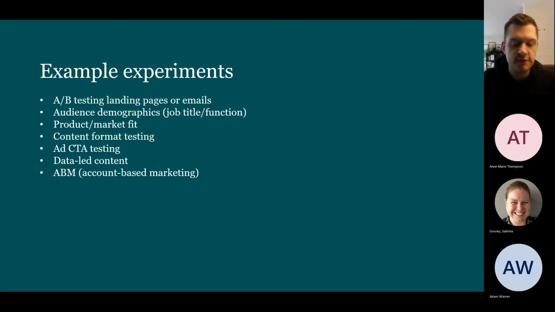So just testing different formats, different call to actions is so key. We recommend probably about 2 to 4 weeks is a good amount of time. We don't need to spend ages on it. We don't need to do massive experiments. It can be really, really simple things like use of color, use of call to action, etc.